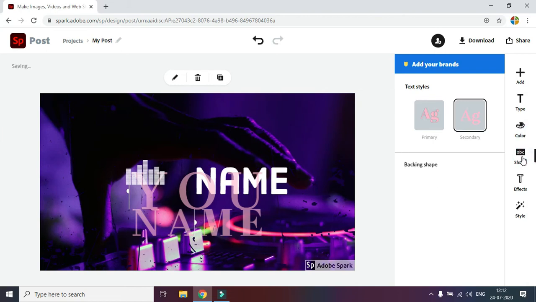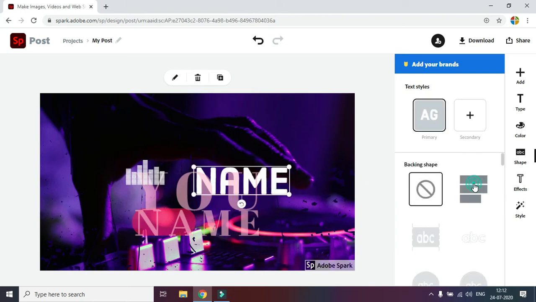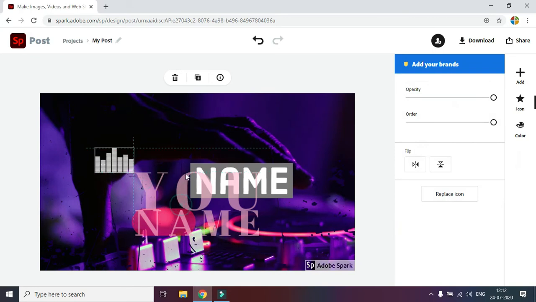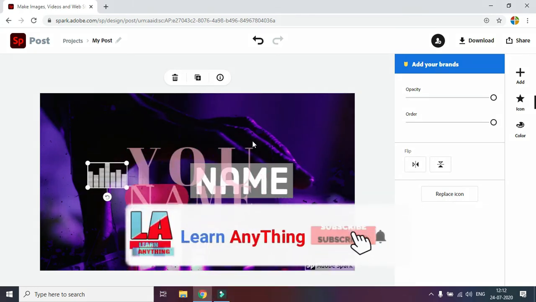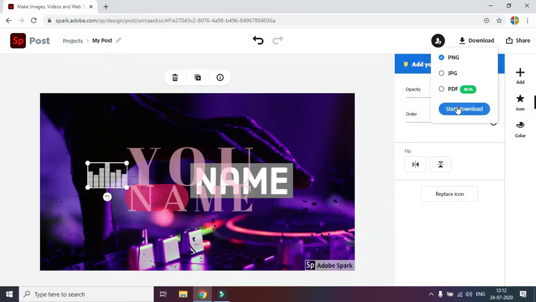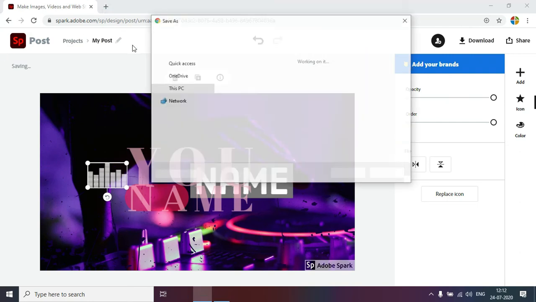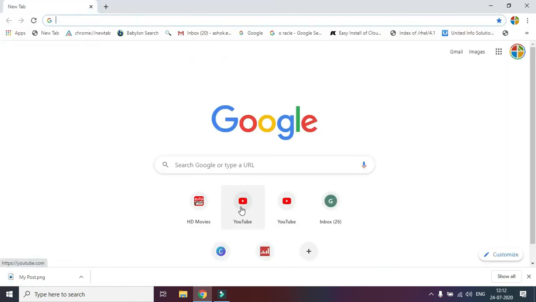Let's add some shapes to it. This is the shapes, and this also shape. Oh, this will be pretty nice. Somehow it looks pretty good. So click and download. I click PNG for PCs. Once it's downloaded, just get to youtube.com